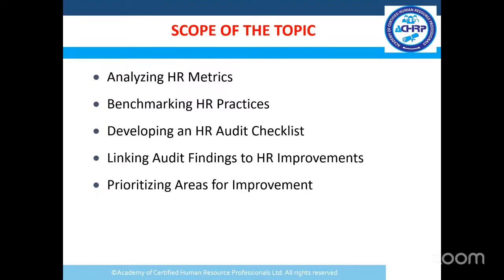And lastly, in terms of prioritization, is the relevance of the areas to the attainment of the corporate objectives. And that is how aligned are the strategies that we shall be proposing as a result of the HR audit to the corporate objectives. So those are the 5 areas that we are going to discuss